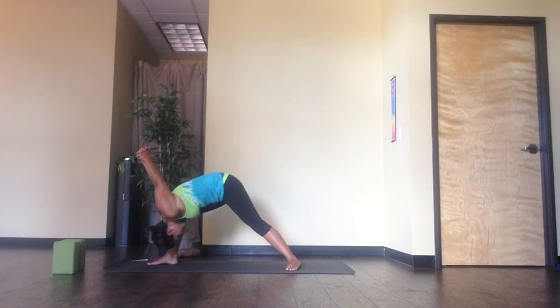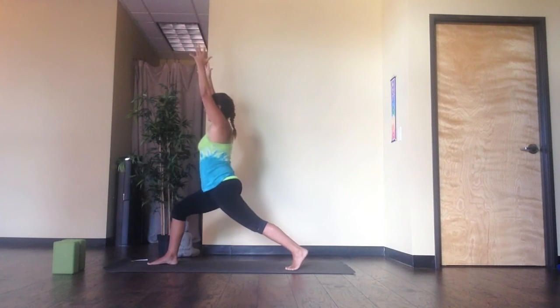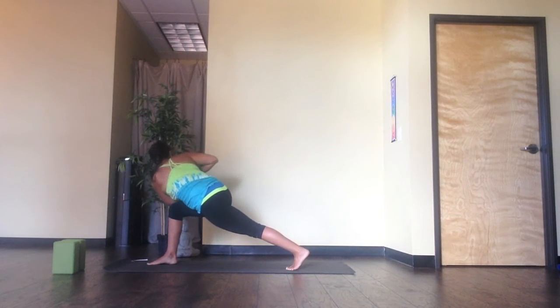Release any tension in your head and neck. Take a deep breath and then reach it up. Inhale. Exhale, come to crescent, right hand to the waist. Inhale, lengthen through that left arm. And then exhale, the left elbow to the outside of the right knee, coming into a revolve lunge, palms together